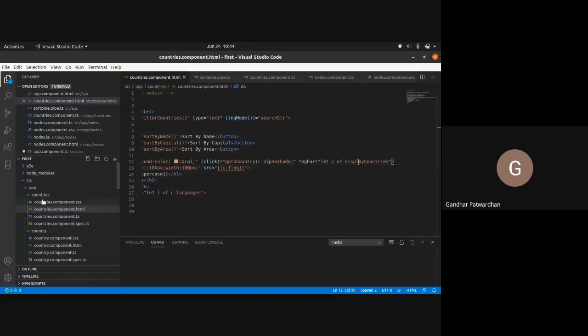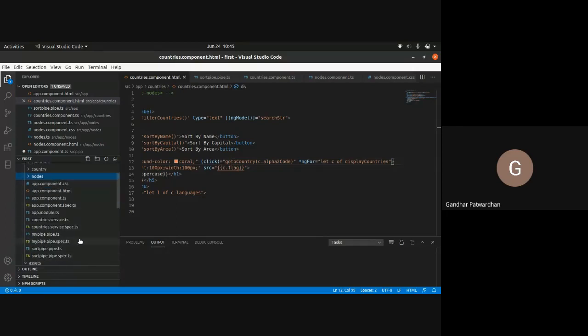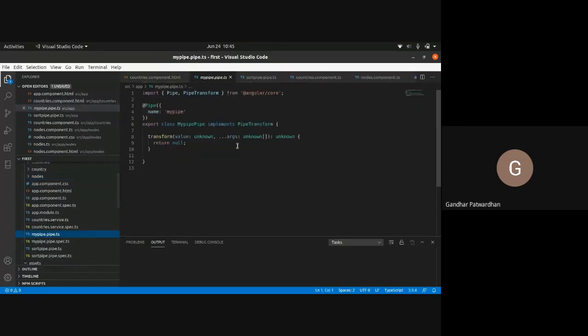If you look in your app folder, we'll have this mypipe.pipe.ts. Right now, it has a few arguments, out of which we'll delete one, and I'll keep only one simple argument, which is value.